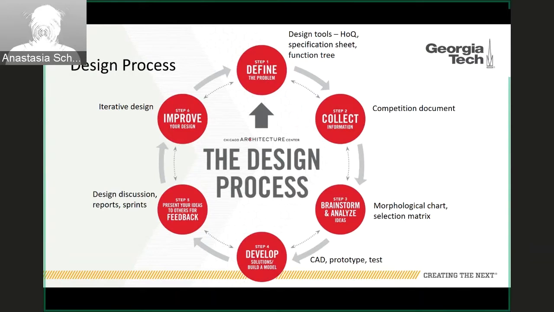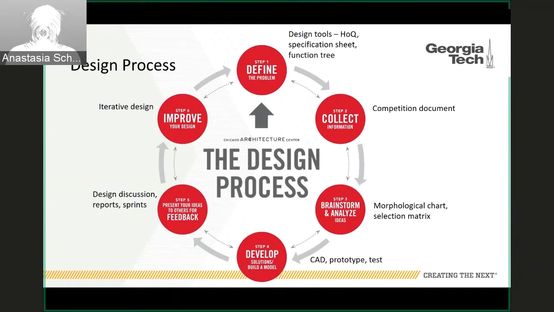Up next is brainstorm and analyze ideas. That's when the rest of your design tools come in. So the morphological chart is a great brainstorming tool if you use that. But you can use other methods as well. You just need to use the morph chart in your reports. And then once you have some good ideas put together with your morphological chart, you'll use a selection matrix to analyze your ideas quantitatively. So after you've chosen one idea, you're going to move on to step 4, which is